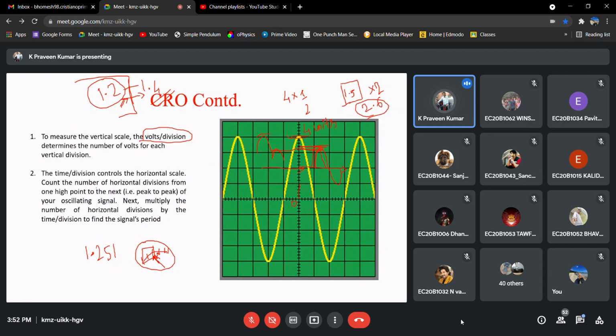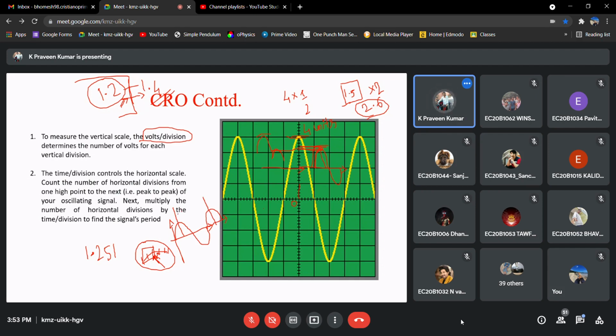Similarly, how can we calculate the time period? We know the basic definition: the time required to complete one full cycle, or maybe the time between two successive peaks.